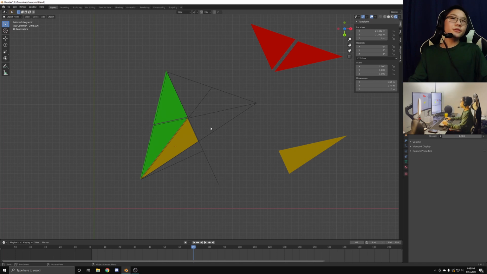And therefore, the length of this base of these 2 triangles must be 2 times as long as the length of this base right here. And because of that, the centroid lies 2/3 away from the vertex of the triangle